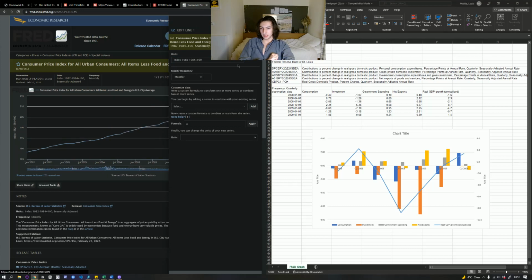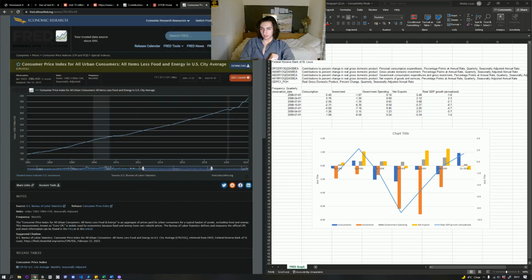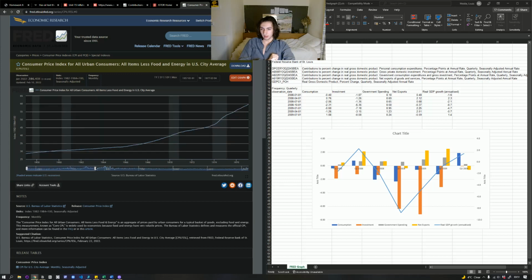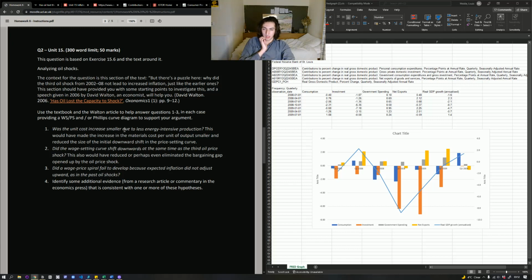We can see there's a slight increase, but relative to everything else, it looks fairly constant. It looks like there's just a constant increase, really. So I don't see any notable things. In fact, it looks like it's almost leveling out over that period. So perhaps it's not an overall increase in the CPI over that period that would indicate the wage setting curve